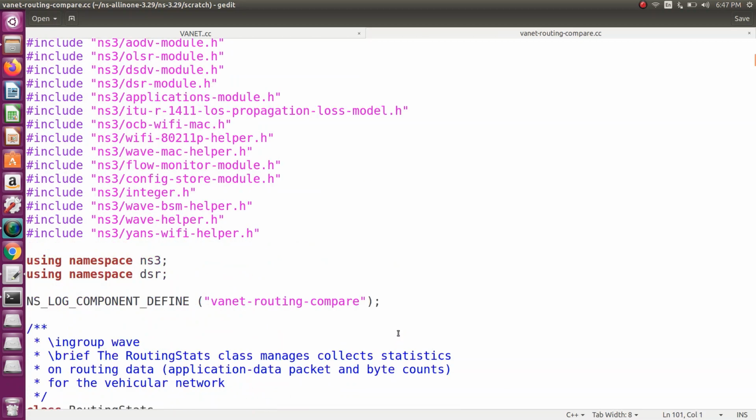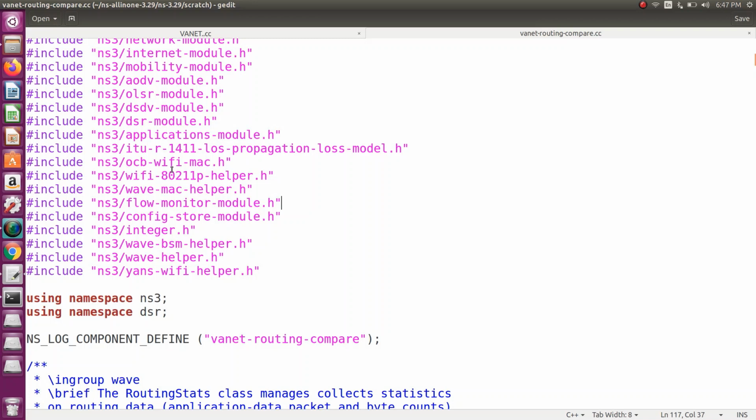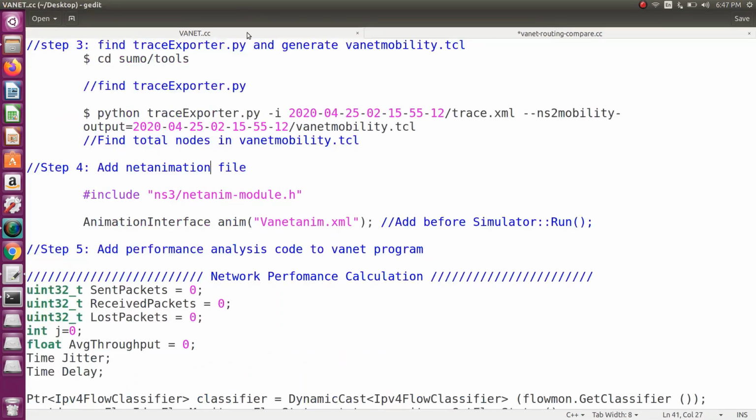What we need is flow monitor, and I also want to use NetAnim, so I want to add netanim files. These are the header files for netanim.